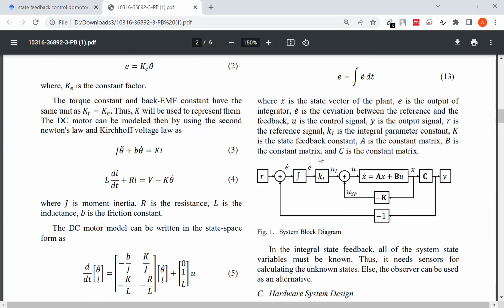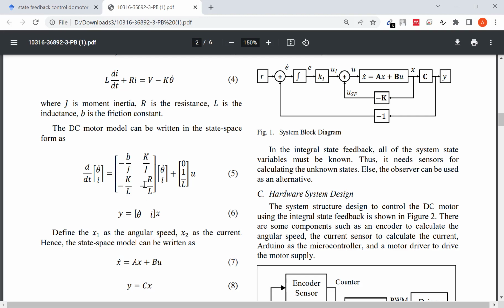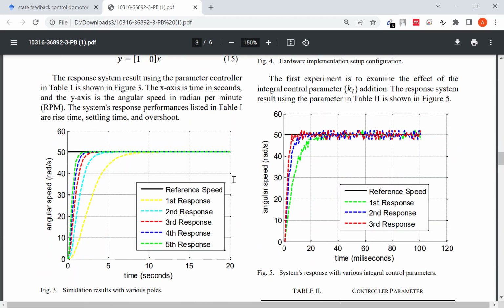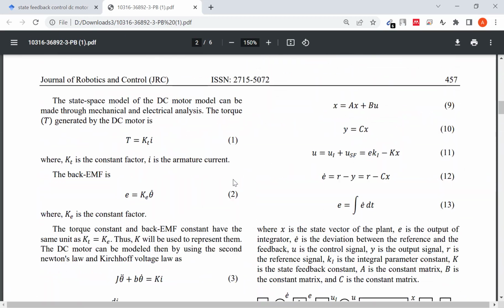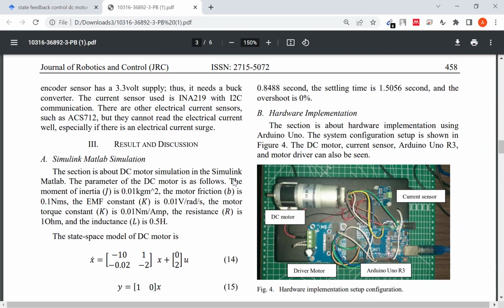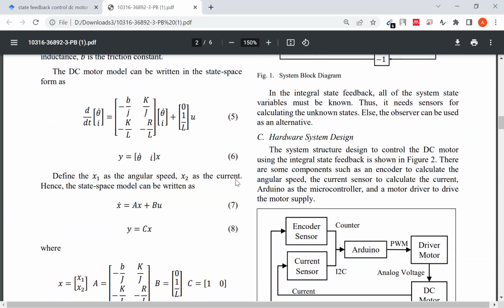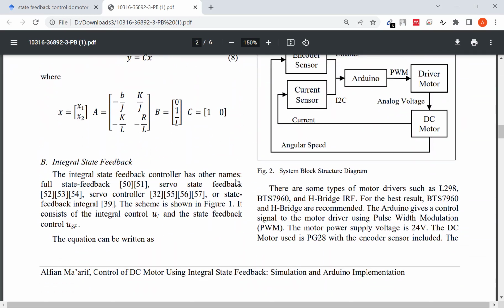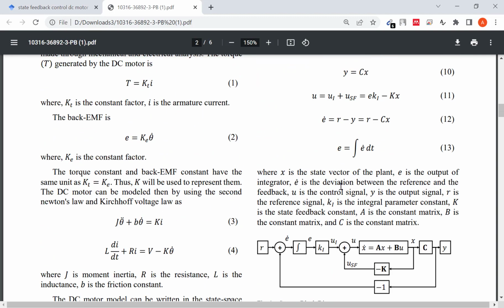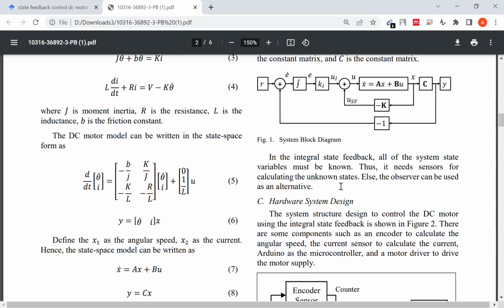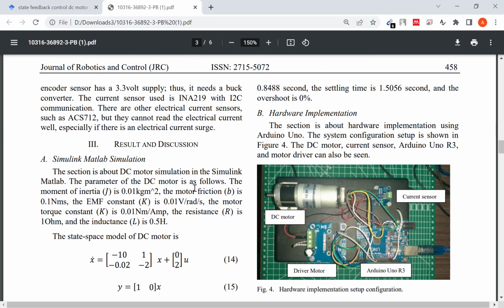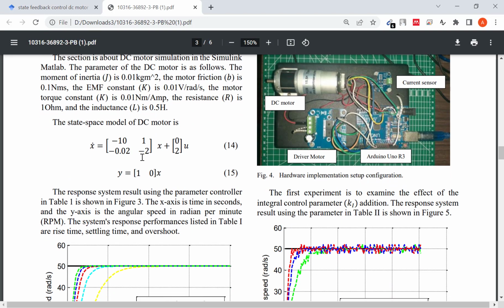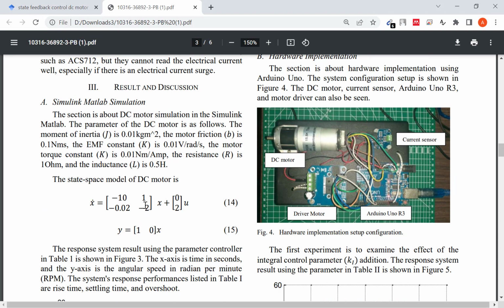From this paper, we can get the DC motor model in the state space form and also the variables. This is the variable here in the result and discussion, and this is the state space model.